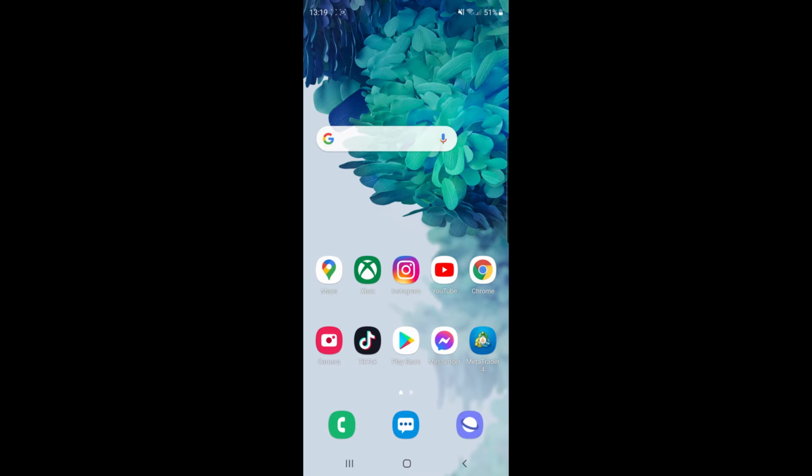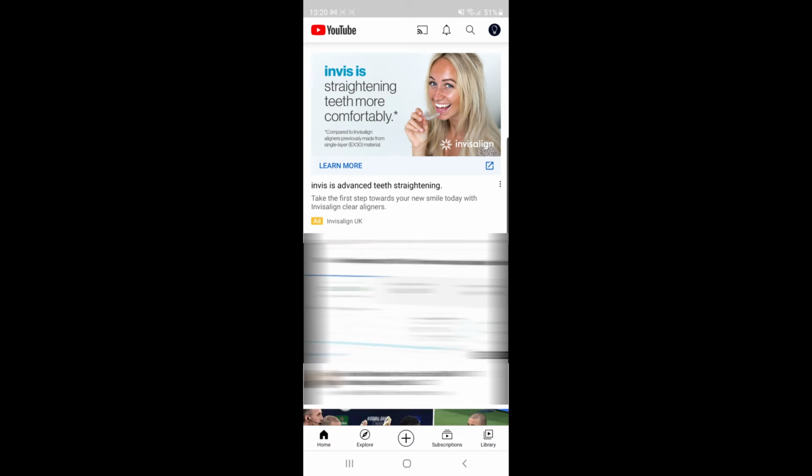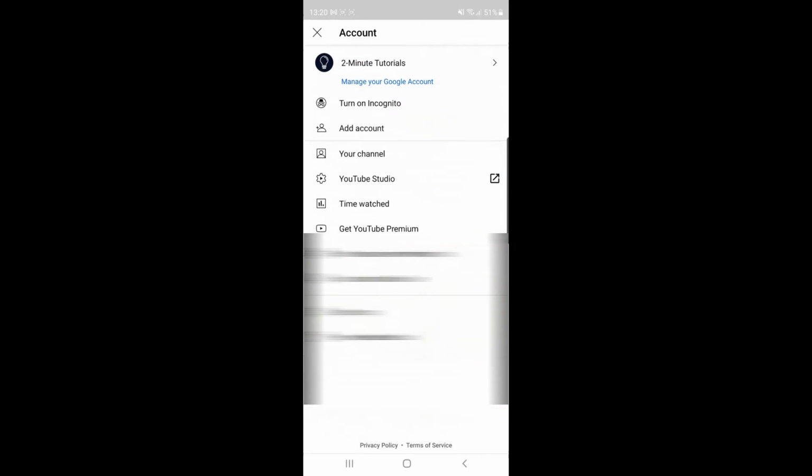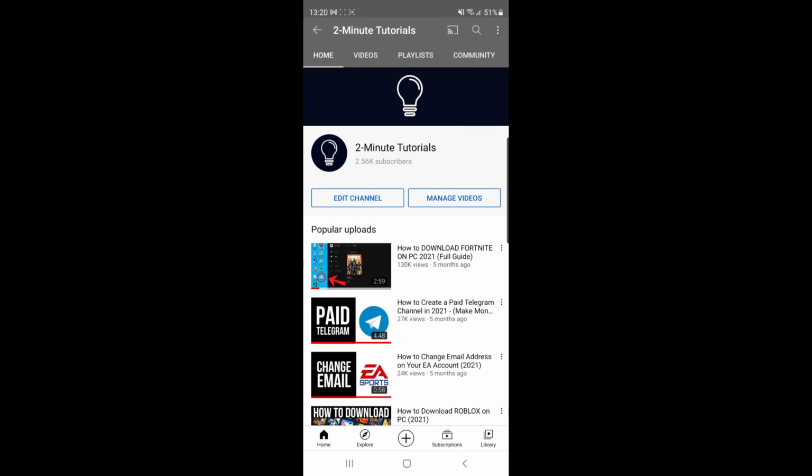So if you have found a favourite song or anything like that and you want to go ahead and put it on repeat and have that loop over and over again, what you can do is first of all head over to your YouTube app, and what you need to do now is find the video that you want to go ahead and loop. So for example, I will head over to my channel